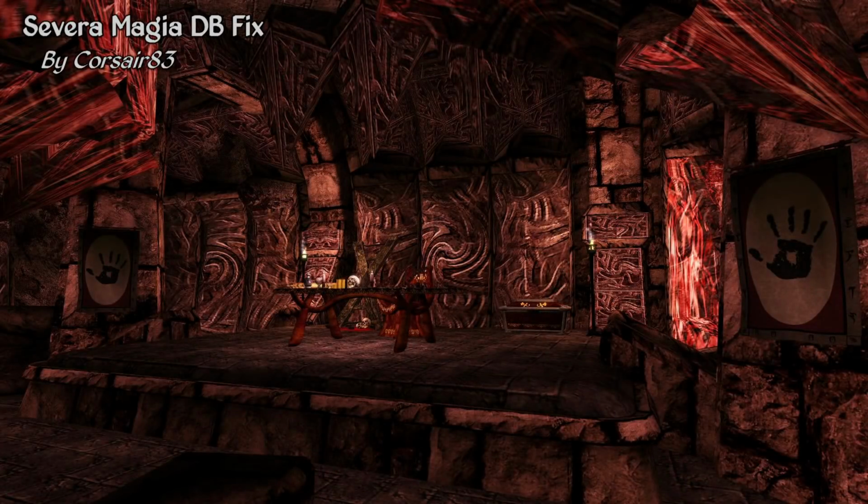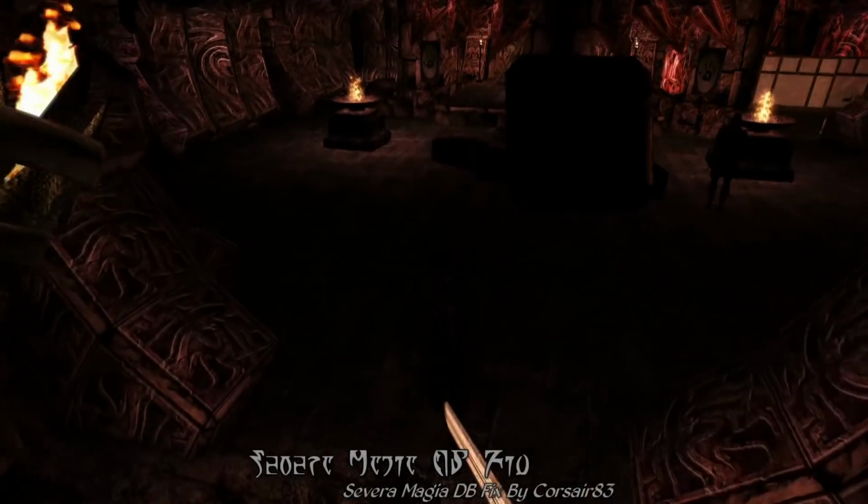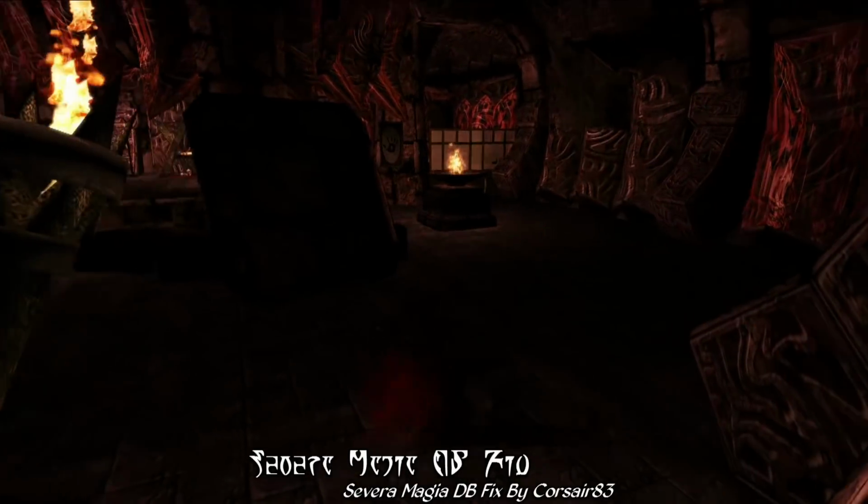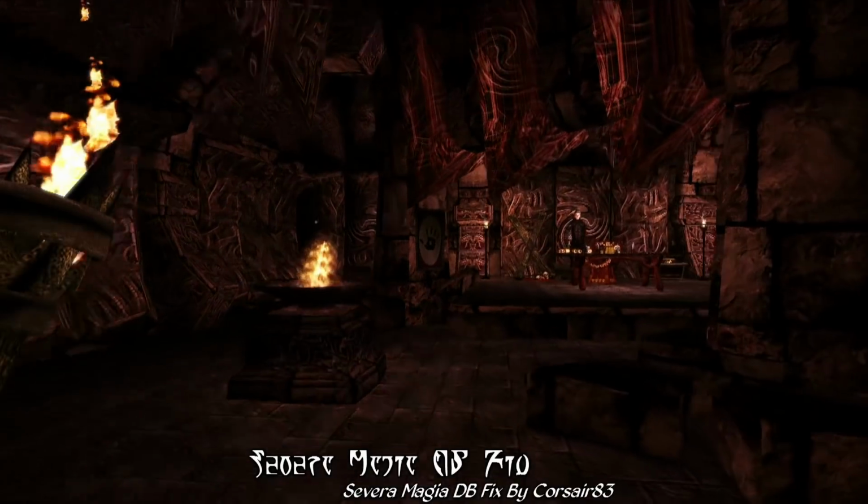Next up we have our Dungeon Mod of the Week, and this week we have Severa Magia Dark Brotherhood Fix by Corsa83, and really this is more of, I would say, an immersion and detailing mod than it is a dungeon mod per se. But in any event, this was one of about 89 mods released for this year's modathon,